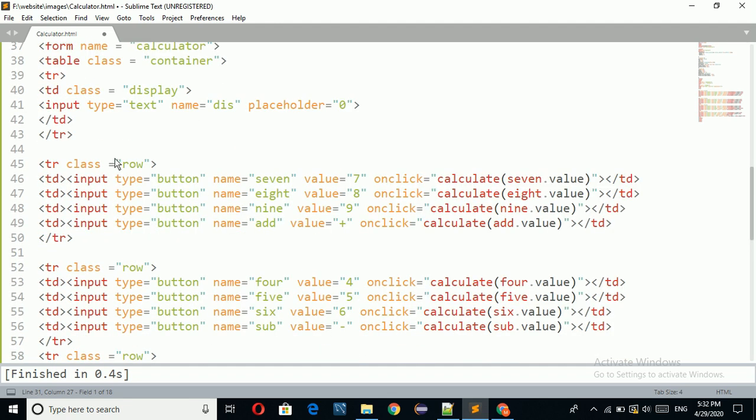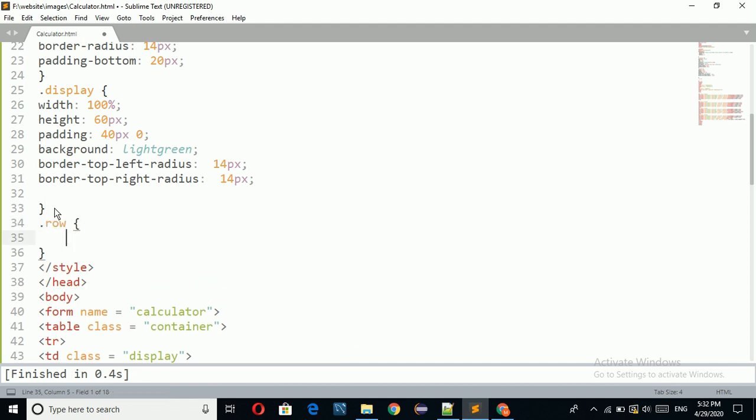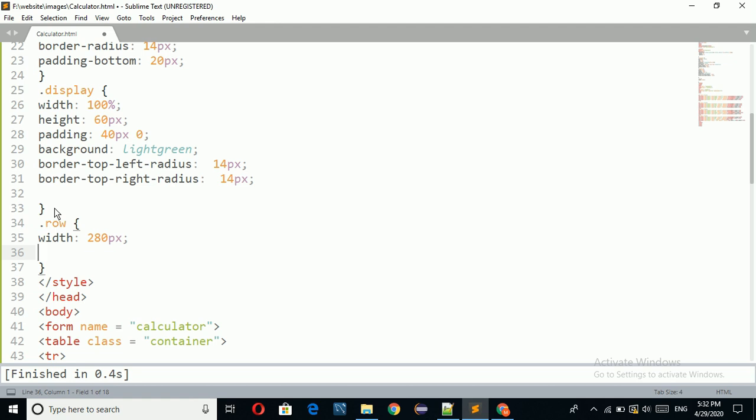Now I am going to apply CSS for these rows. For the row, width I want to apply 280 pixel, and float equal to left.